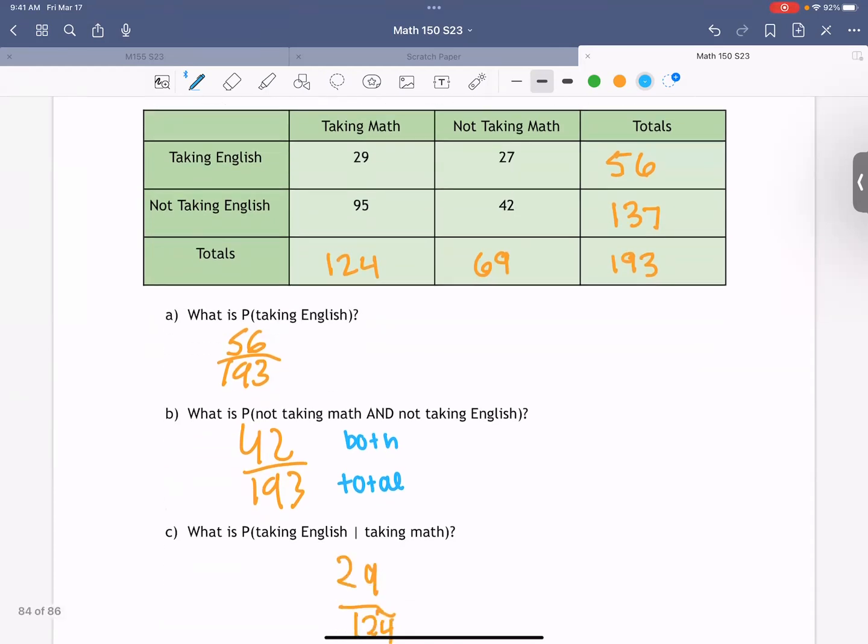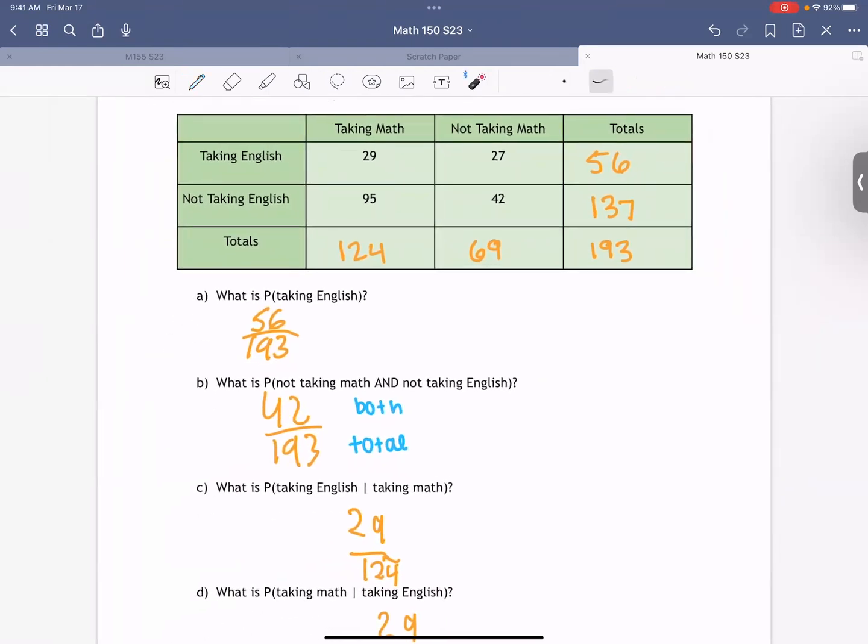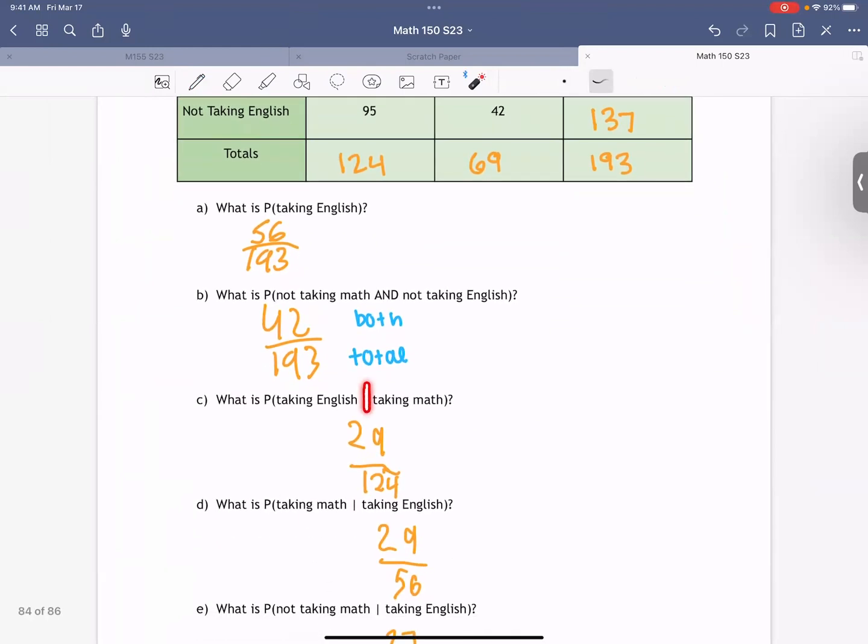All right, now we have to go to the conditional probabilities. I know it's conditional because the question has a line in the middle. Whenever you have that big line in the middle, you know that this is a conditional probability. And Hunter, you wrote these up, right? Do you want to take us through the first one?